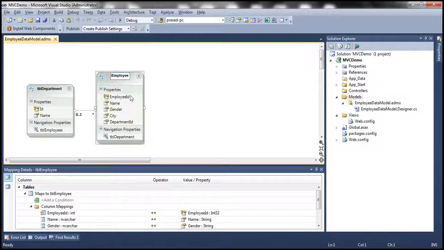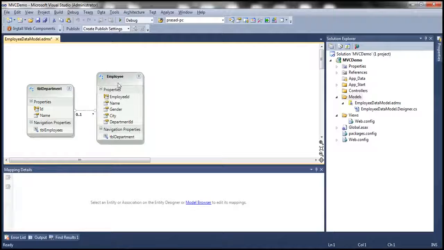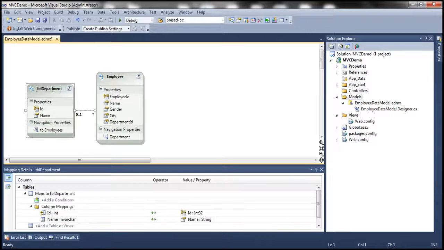So I'm going to call this Employee, and then look at this. Every employee has a department associated with them. If you want that specific department's details, then we can get them by using the Department property. That's implemented as a navigation property because that is present in a different table. And then look at this, that is again named TBL Department, but we want that property as Department. And then along the same lines, I'm going to change the entity name from TBL Department to